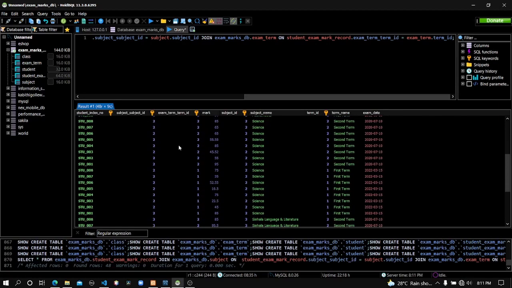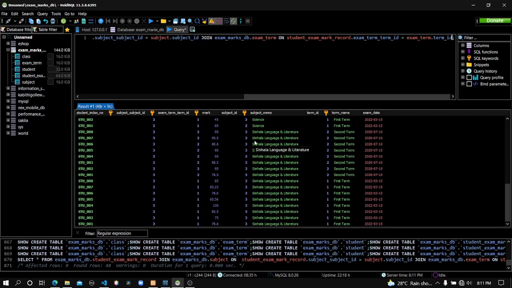You can see all the details are here, but we don't need all the details of all the terms and the subjects. We only need the number of the students who faced the science subject in first term. So here I am defining the condition, where you have to put the keyword where when you are defining a condition,